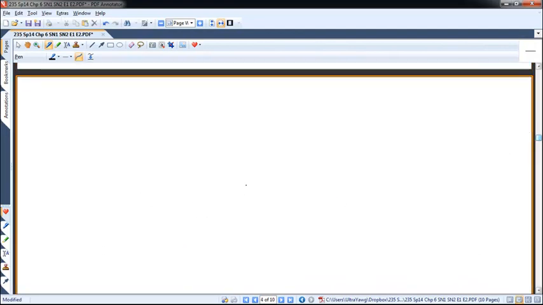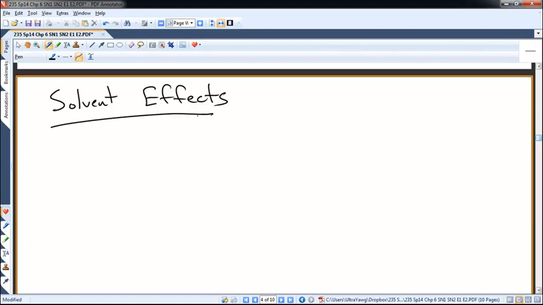Substrate structure was the fourth, and the last one, solvent effects. Solvent. Speaking of solvent, I could go for some right now. Alrighty, delicious solvent of Shock Top. Alright,